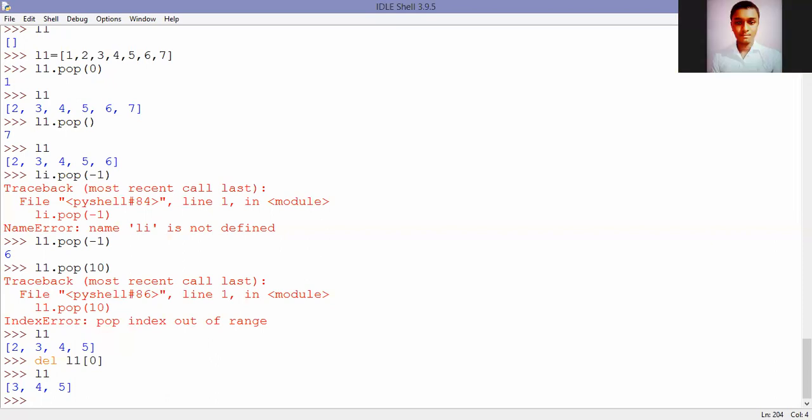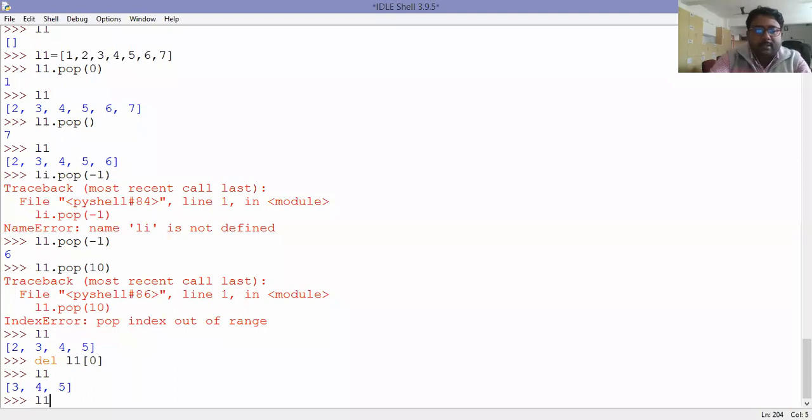Now, the next function is the remove function. The remove function is used when we know the element to be deleted, but not the index.